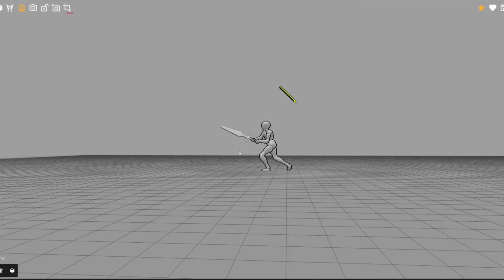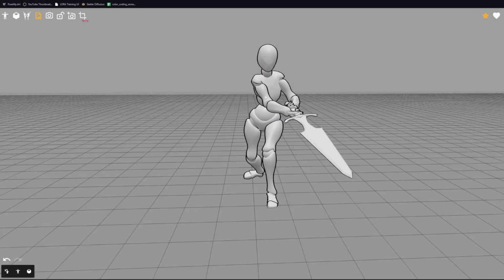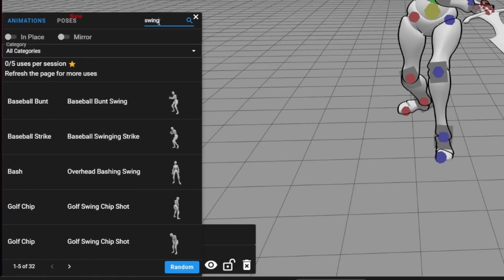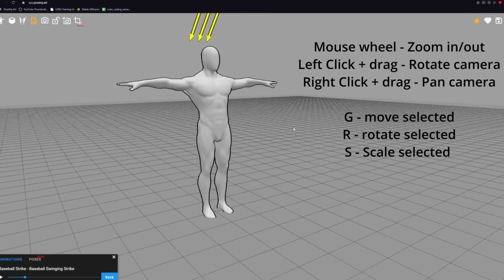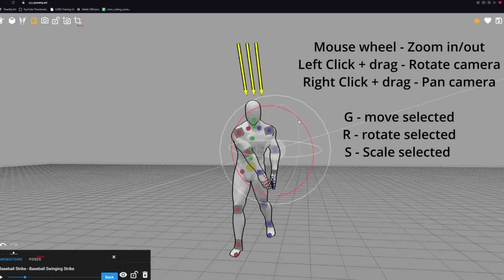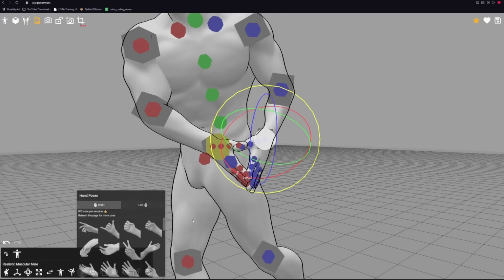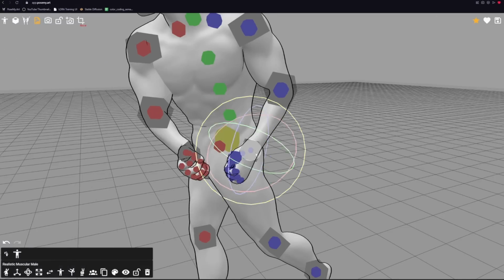Just click it and start posing. And here are some other scenes you might recognize too. If these don't help, you can also go to animations and poses, then type for what you're looking for, like swing, and this gives you multiple poses to choose from. Of course, nothing stops you from just starting with the base T-pose and moving and rotating things around. It is very intuitive, easy and fast. Maybe the only thing that gets a little annoying to pose are hands, but you have presets for those too.